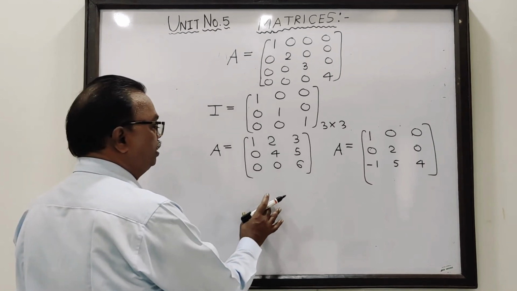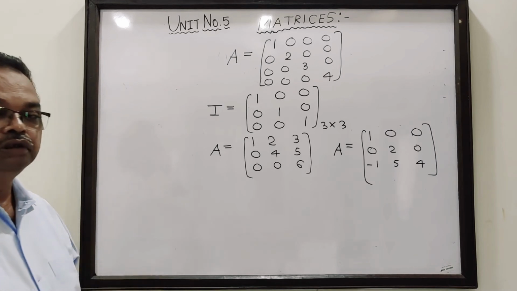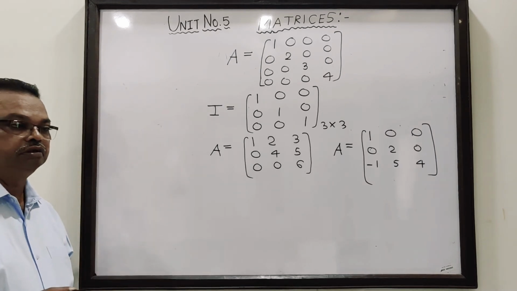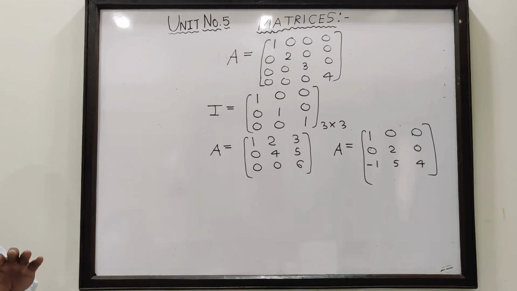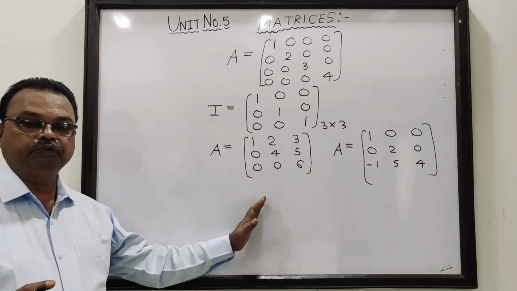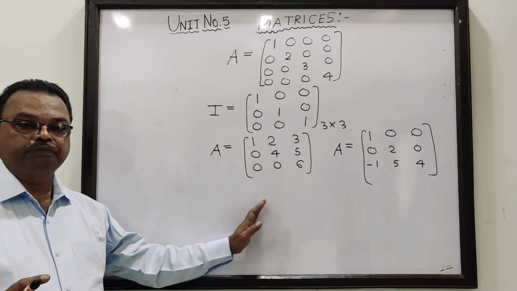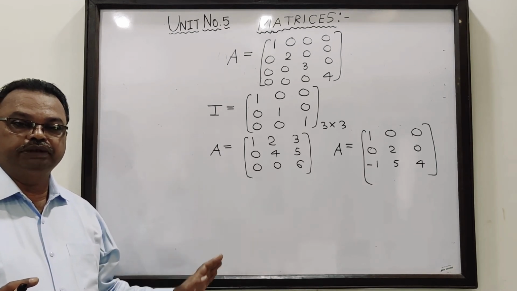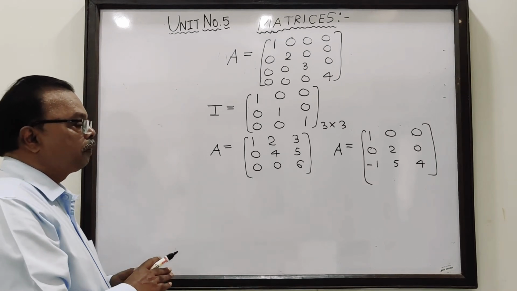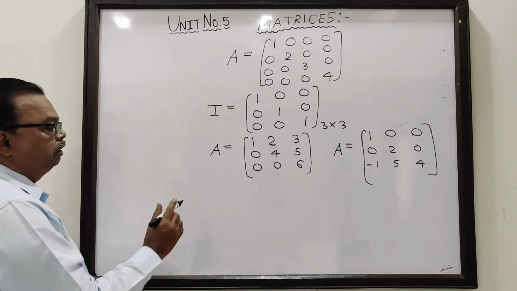Then, how to find the inverse of a matrix? There are three methods. One can find it by row transformation, by column transformation, or by the adjoint method. Okay. Now, in our course,